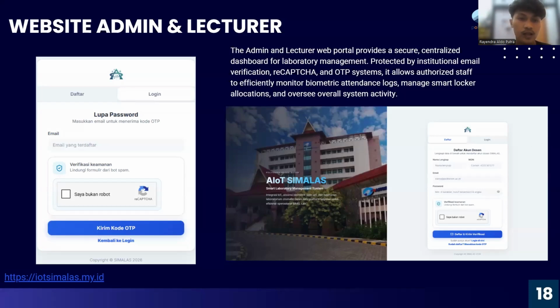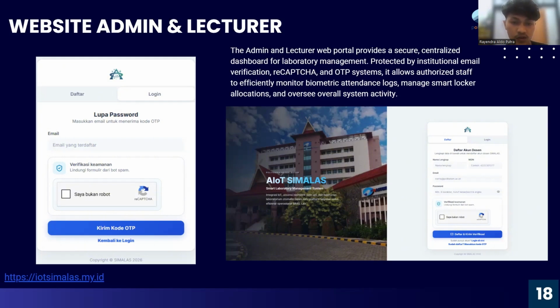Next is the website for admin and lecturers. Moving on to the lab management side, I built a separate web portal specifically for admins and lecturers because this handles sensitive data. I implemented an extra layer of security in the login system.